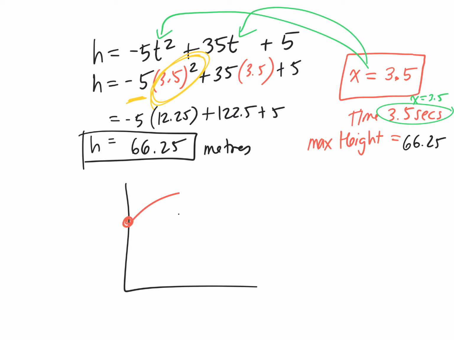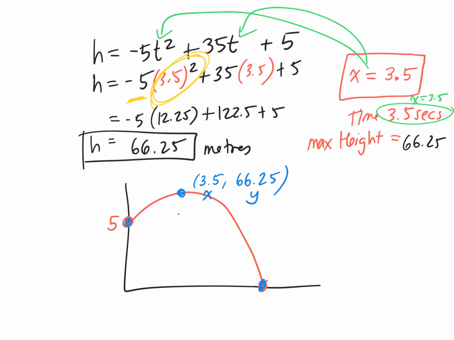So the maximum height that the rocket will reach is 66.25 meters, because as we saw before, let's say the parabola looks something like this. So it starts at 0.5, and the highest point it goes is at 3.5, 66.25. That's the maximum height, which means that it takes 3.5 seconds to reach a height of 66.25. The vertex gives you a lot of information. It starts at 5 meters above the ground, and